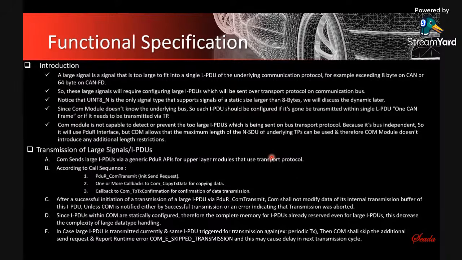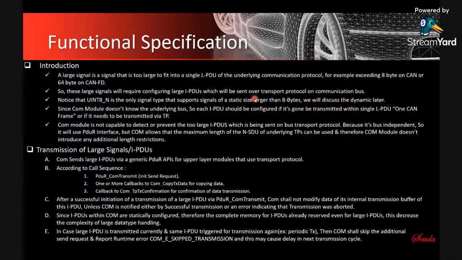And since most of our projects allow the maximum buffer for the CAN TB, it could reach a very big number actually. Okay, how is the transmission done for this large signal IBDU? We need to understand what's happening here. First of all, you trigger the PduR_ComTransmit to initiate the send request,